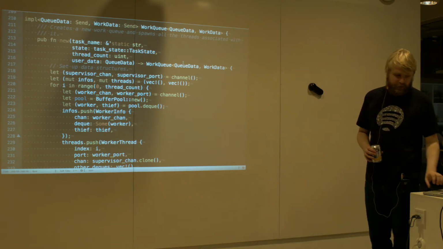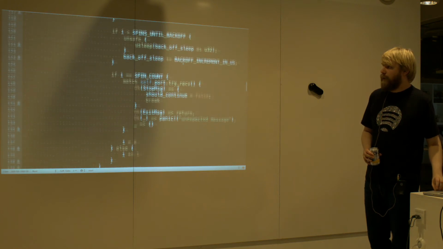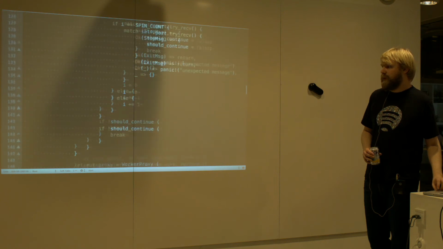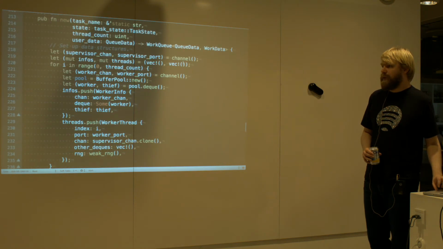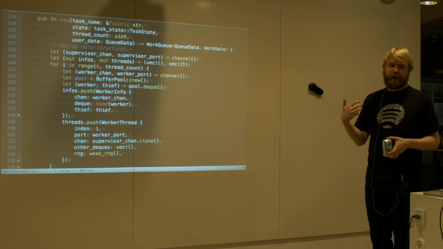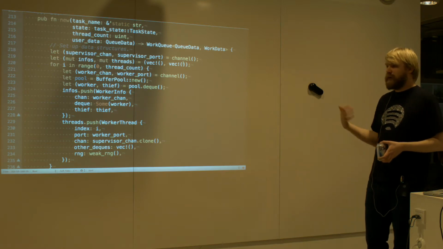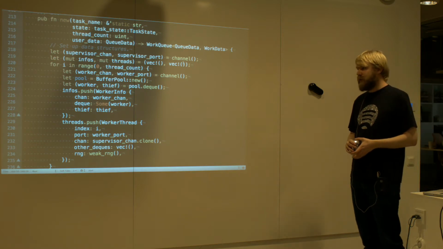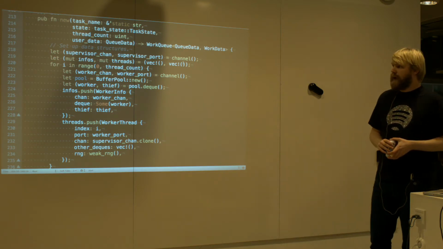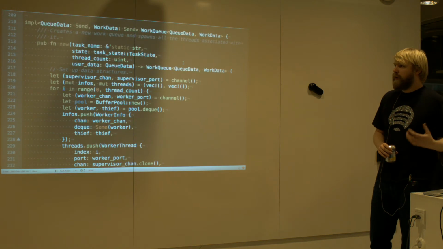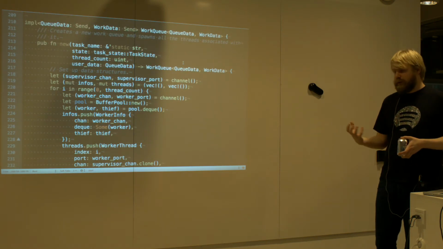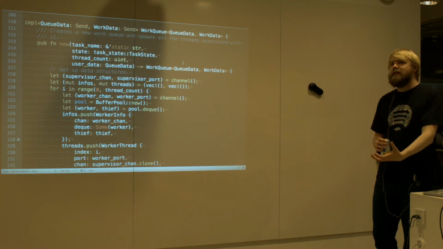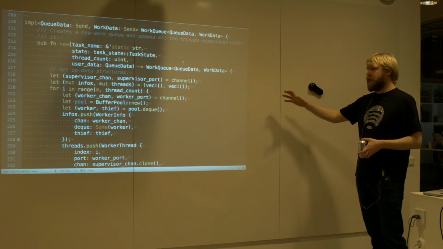Like these tasks, for example, are enforced by the type system: these deques have the enforcement that you can only pop from the front of the queue from one place, but you can steal from all of them. And a lot of these things you can enforce in the type system, which you can't in C. And a lot of other things that you have to document in C can be enforced by the type system